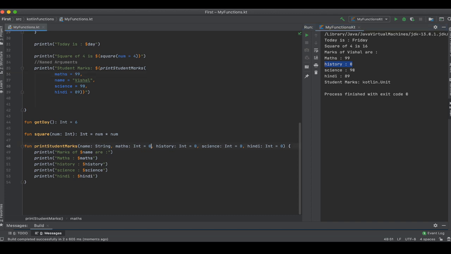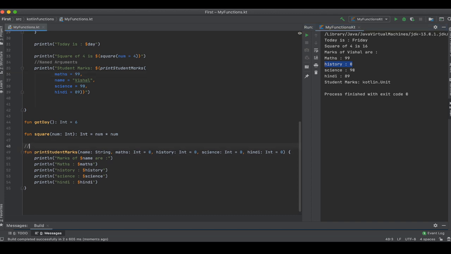So this is called a default argument. So using default arguments, you can provide a default value to function arguments. Right, I think that is pretty